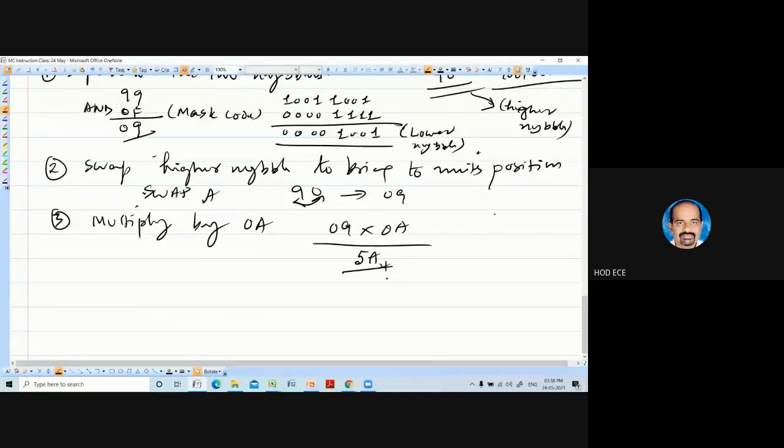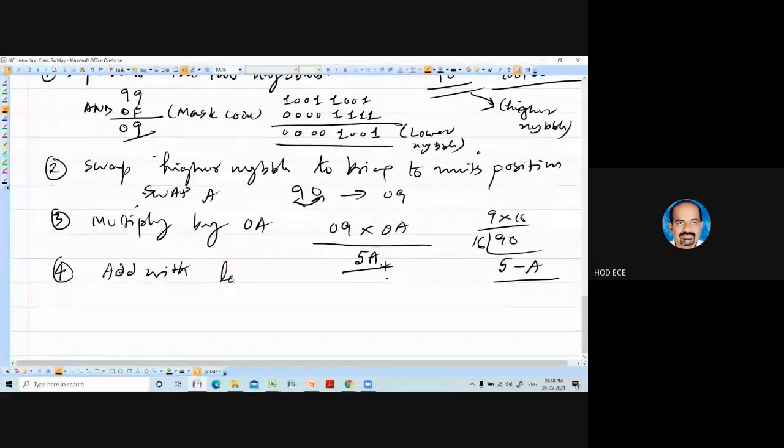That is, I told you, 9 into 10. This is 90. In hexadecimal, it is 16, 5 is 80. 10 is the remainder. 10 is nothing but A. So 5A you are going to get. So step 4, add with the lower nibble. Add with lower nibble.